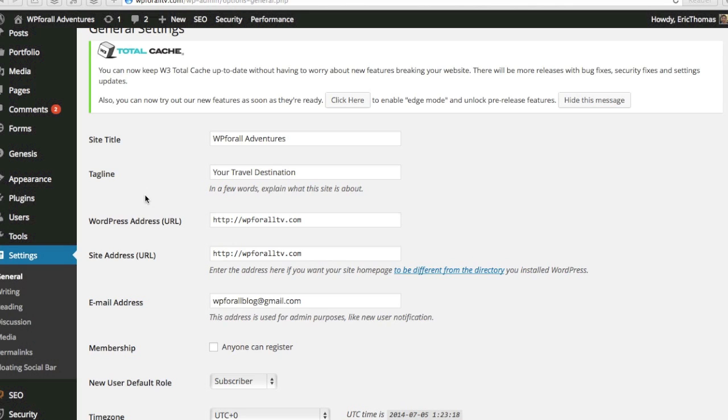But the settings, very generally, in the general settings: site title, what do you want your site to be called, right? For us, we have it as WPR Adventures. Your tagline is generally what shows up, for example, at the top bar in Safari, where you'll see the website name, dash, and then the tagline. So whatever you want that to be, your travel destination. And if you use the simple textual-based logo, as in it's just the site title and tagline, then the tagline should show underneath,